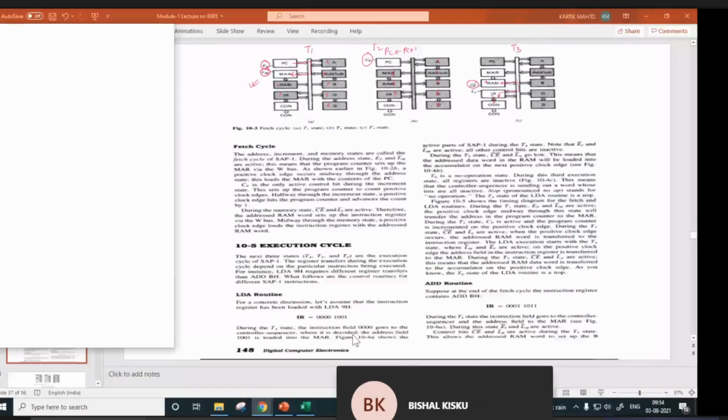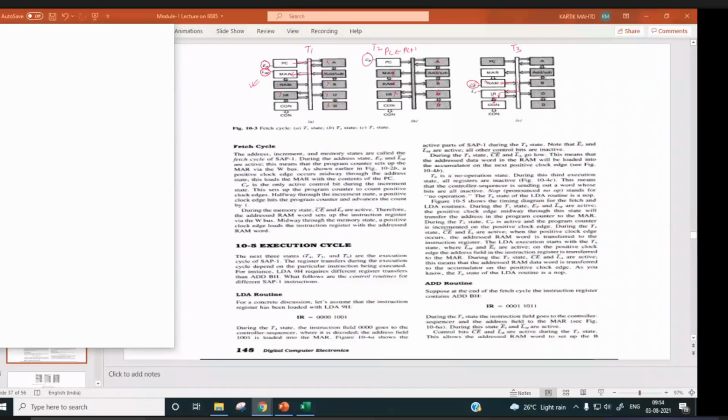Yes, sir. During T1, which are the two circuits active? Sir, EP, the enable of the PC would be high, and LM bar would be active, yes, sir.